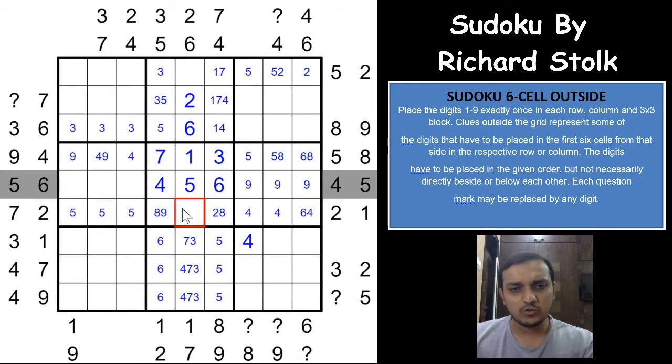And again you cannot have a 2 here because of the 2 here, so this also would have to be 8 and 9. That gives you a 2 here. 8 and 9 pair is here, right? Nice. Okay,